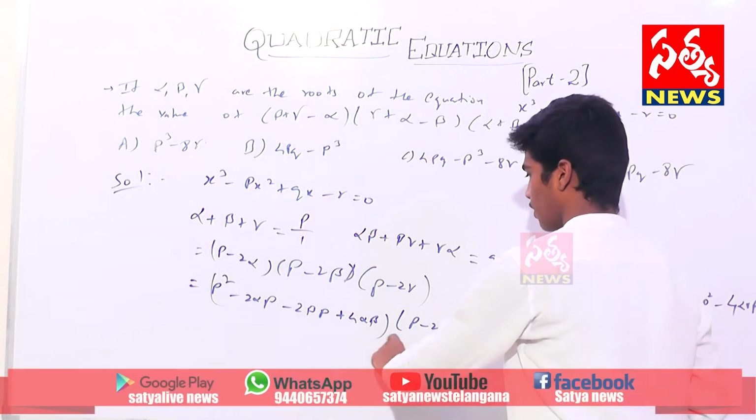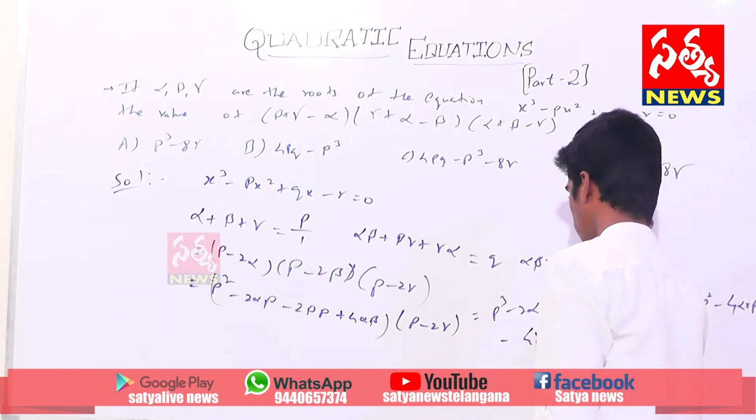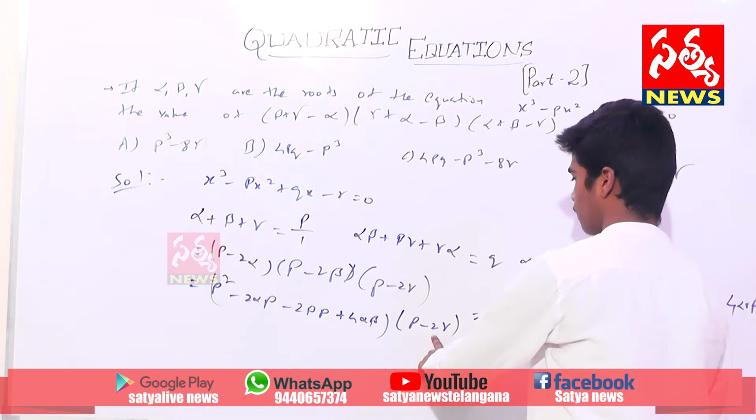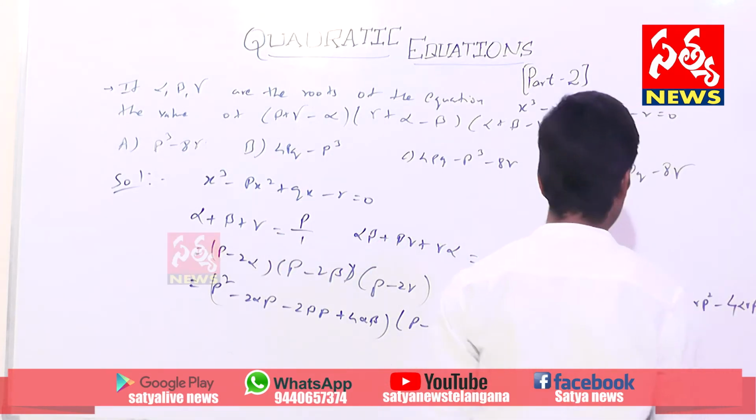Here also 2 beta into 2 gamma means 4 beta gamma p, minus 4 into 2, 8 alpha beta gamma. Okay, see,